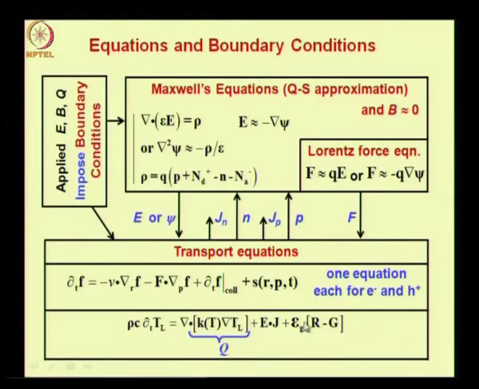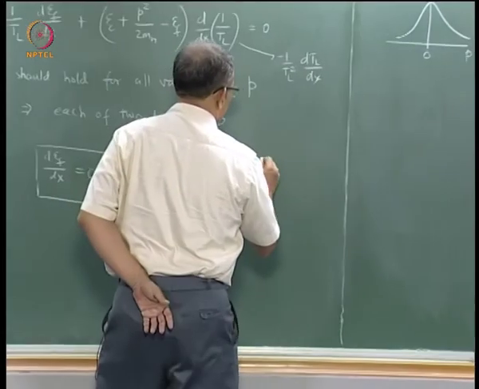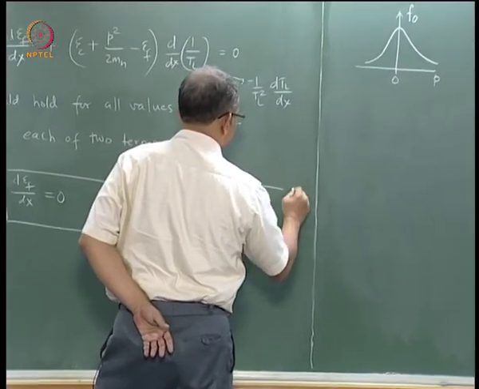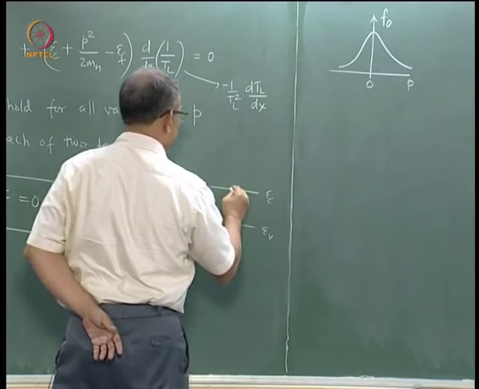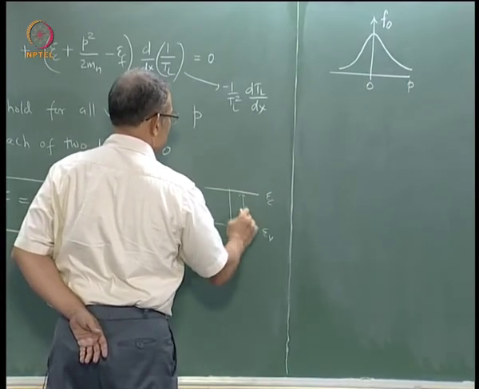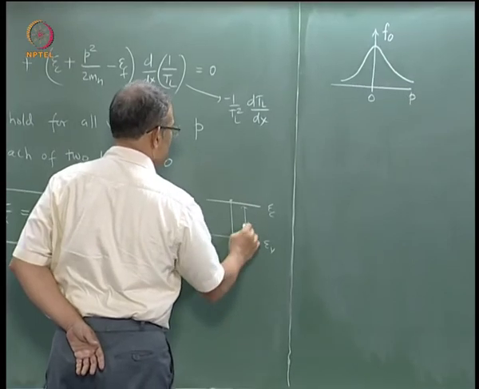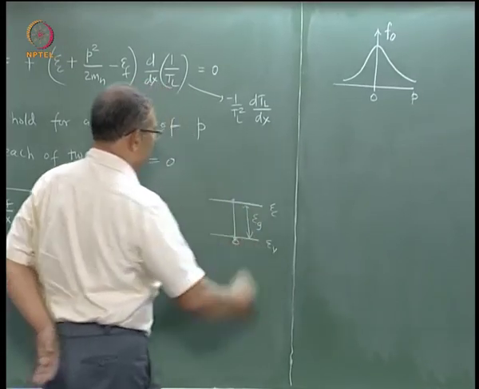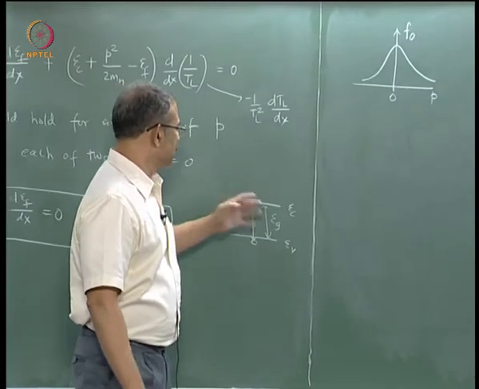The rate of this excess recombination is multiplied by the energy lost in each recombination, that is the energy gap. So this is the diagram, EC, EV, and this is the recombination process in which the electron jumps into a hole, and this is the energy gap. So this is the energy that is released.